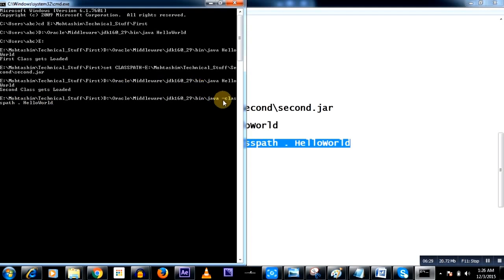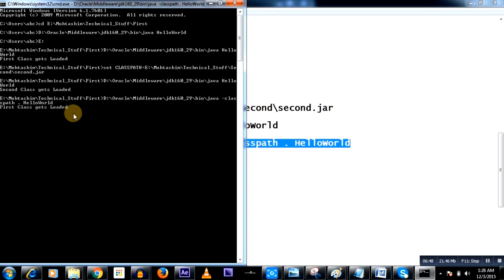Will this class path parameter, which says please prefer the current directory, take precedence over the explicit set class path and the second.jar that I had set earlier? This is something we need to test and see.